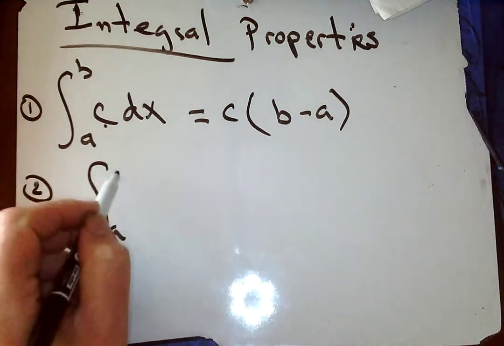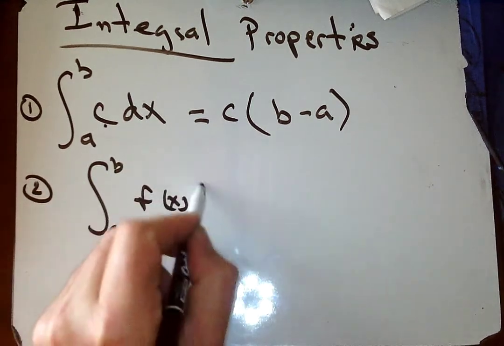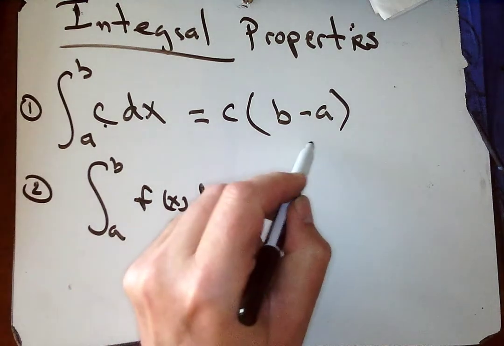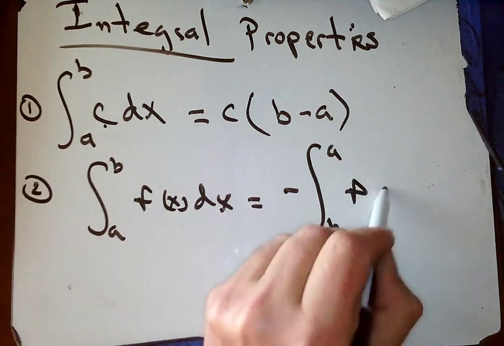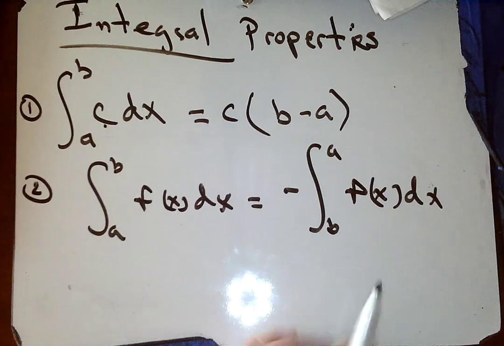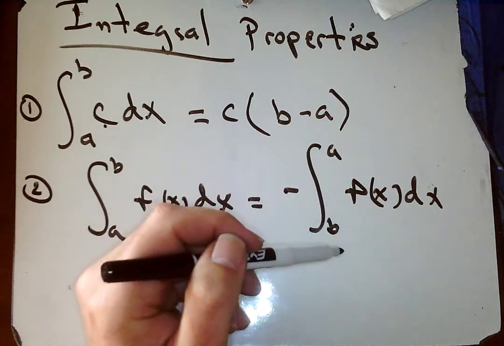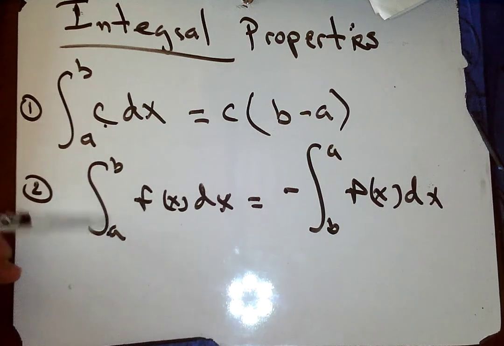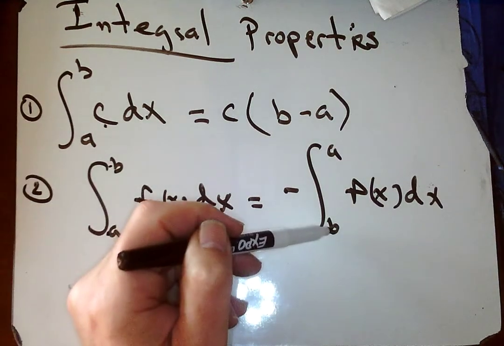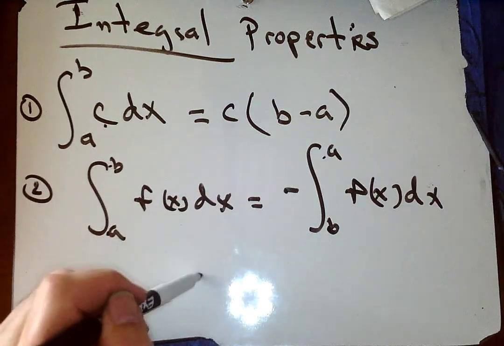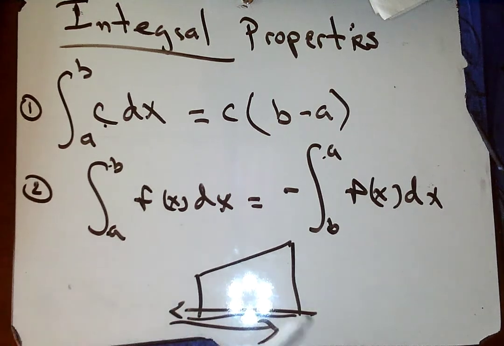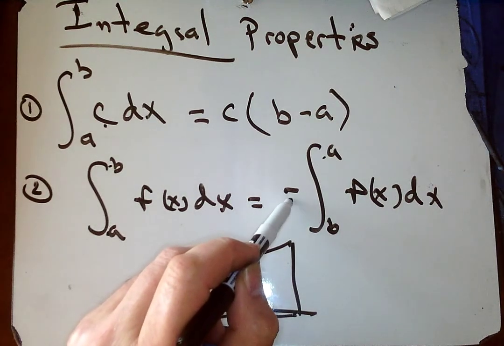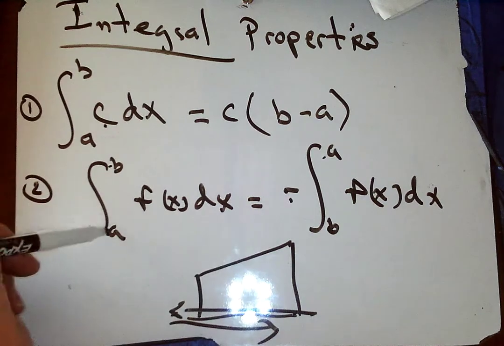the integral from a to b of f of x dx. Well, guess what? That's actually equal to negative the integral from b to a of f of x dx. And so what this is saying is that, for example, we're accustomed to this number being smaller than that number. And now we have this situation where this number is bigger than that number. And so I'm thinking about not integrating this way, but instead integrating that way, from the bigger number to the smaller number. Well, that's going to be the opposite, the negative valued answer to if I went from smaller number